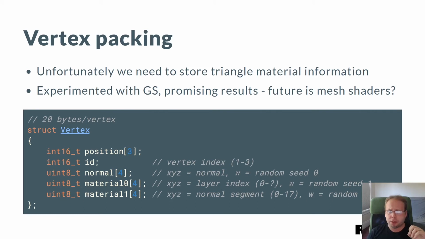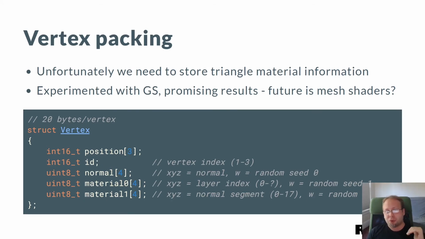We experimented with alternative implementations here, so for example, using geometry shaders on desktop hardware. It worked pretty well, substantial memory savings, comparable performance, maybe slightly better. But of course, geometry shaders aren't available on many mobile platforms, and aren't advised on others.